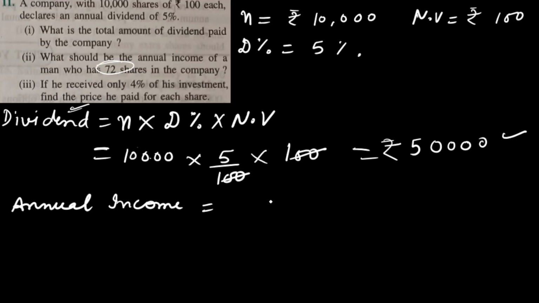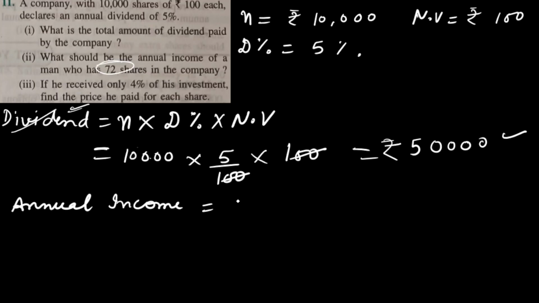Annual income is the same formula. See, dividends, this formula only. Dividend can also be written as annual income. Like I have explained, dividend is paid by the company and annual income is income earned by a man. Basically the same thing. If I am giving you 20 rupees, I am paying you, but you are earning it or getting it. But I am talking about the same thing only, right?